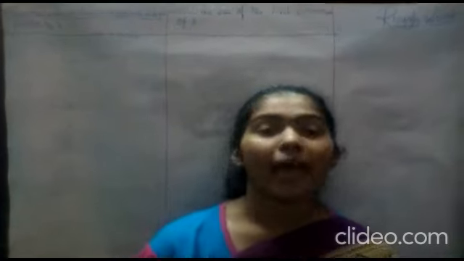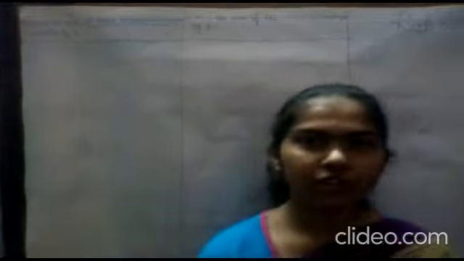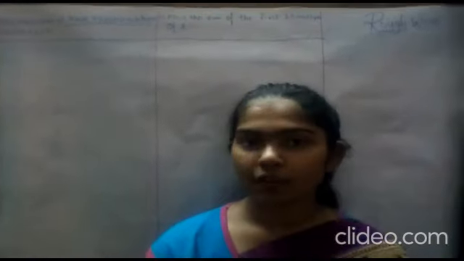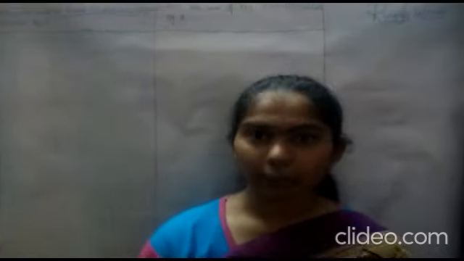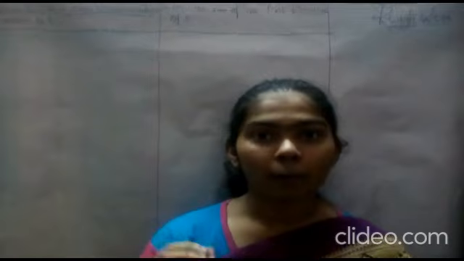Hello my dear friends, today I am going to teach you the subject maths, chapter number 5, arithmetic progression, exercise 5.3, sum number 12 and 13. Before we start the sum, I can give you some easy tricks. There are 3 steps to solve the sum easily. Step 1, read the sum carefully. Step 2, try to understand the sum properly. And step 3, solve the sum correctly. So let's start with sum number 12.